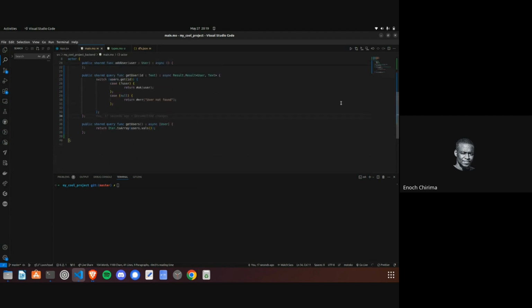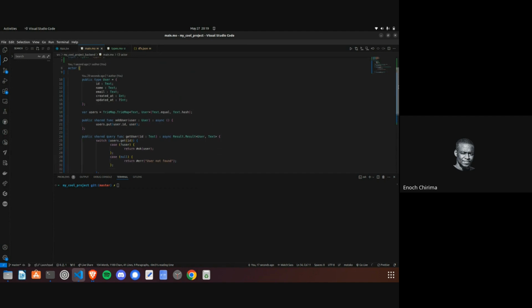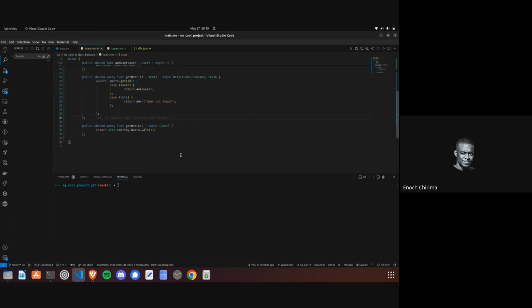So in your implementation, you might want to have all that data at once. So how you would go about it is in here, it won't just be a user, it will be